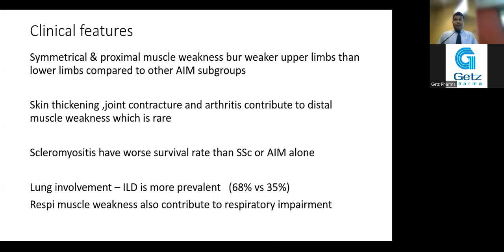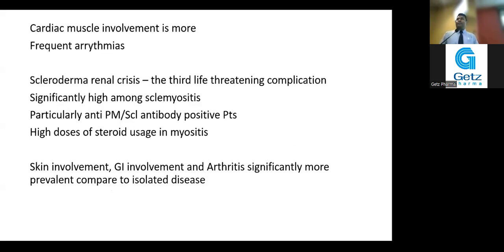And if you look at the survival rate, it's obvious that they have the worst survival rate as opposed to the isolated diseases. When it comes to lung involvement, interstitial lung disease is more prevalent in this overlap situation, and the respiratory impairment could also be contributed to by respiratory muscle weakness. When it comes to the cardiac muscle, we all know that scleroderma is notorious for causing sudden cardiac deaths due to arrhythmias, which is common in scleromyositis too. In addition, the frequency of cardiomyopathies, or myocardial involvement, is high in the overlap compared to isolated myositis. And when it comes to the renal system, scleroderma renal crisis, which is the 3rd commonest cause of death